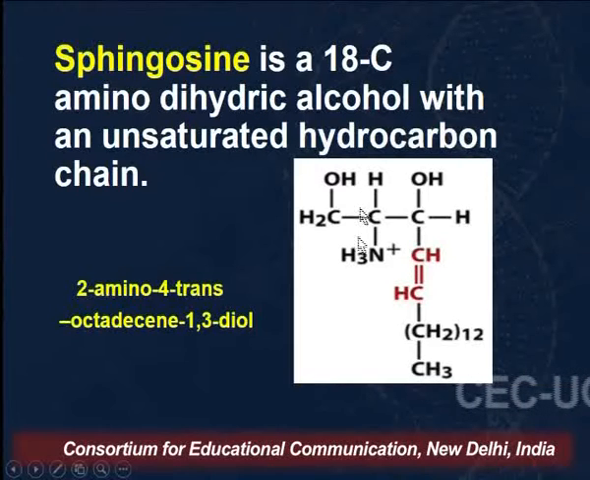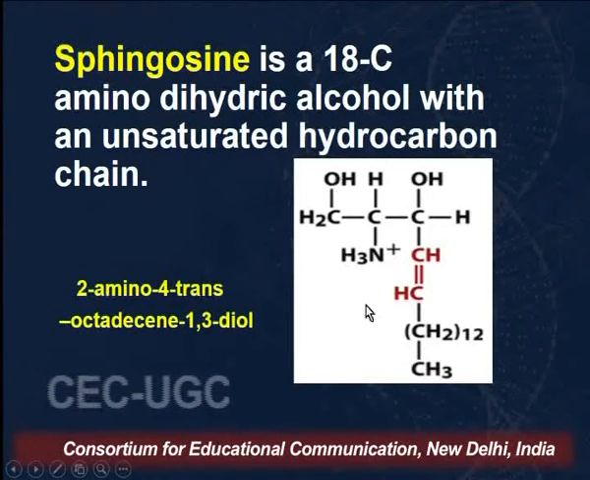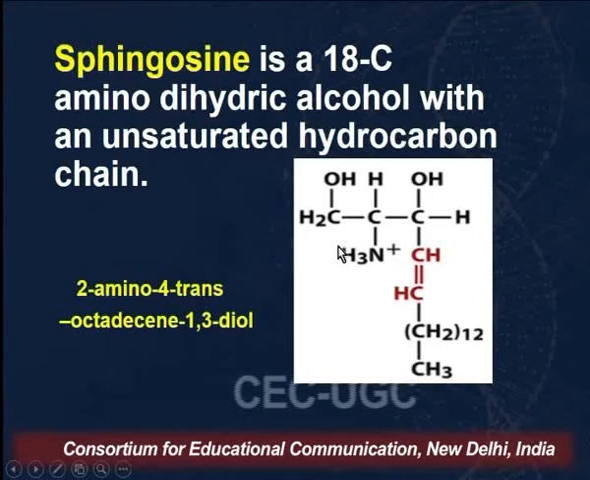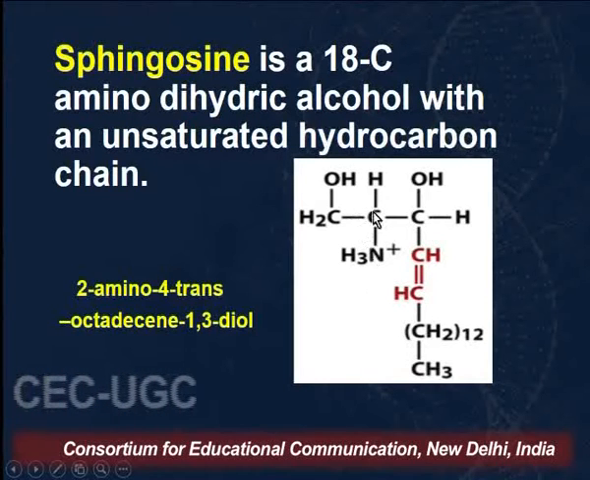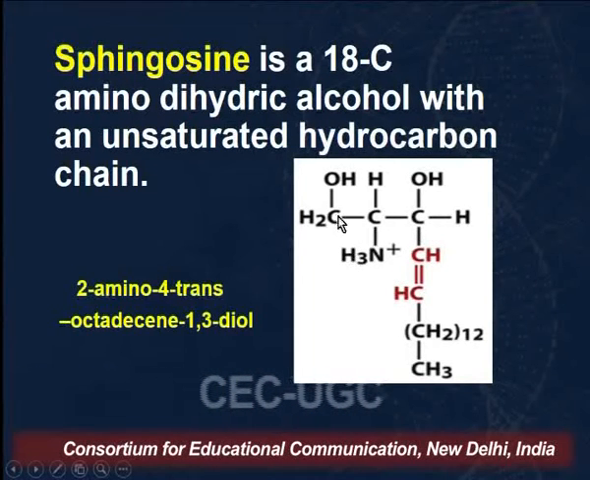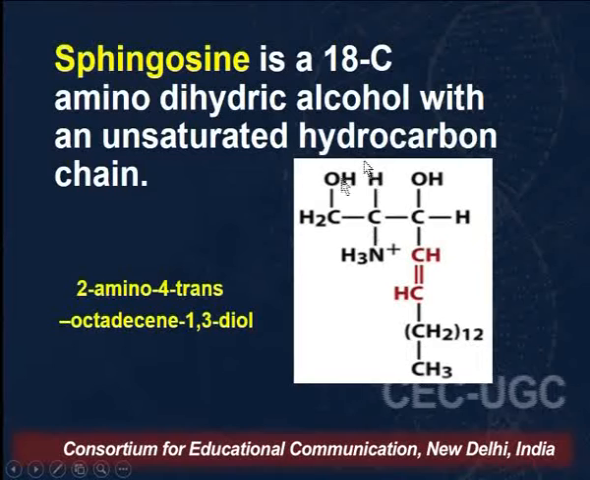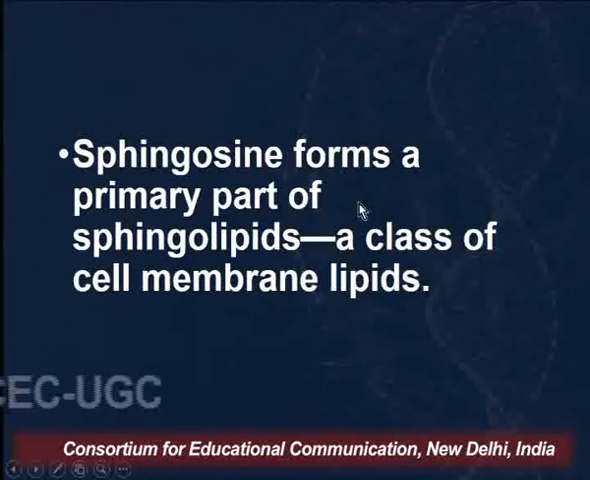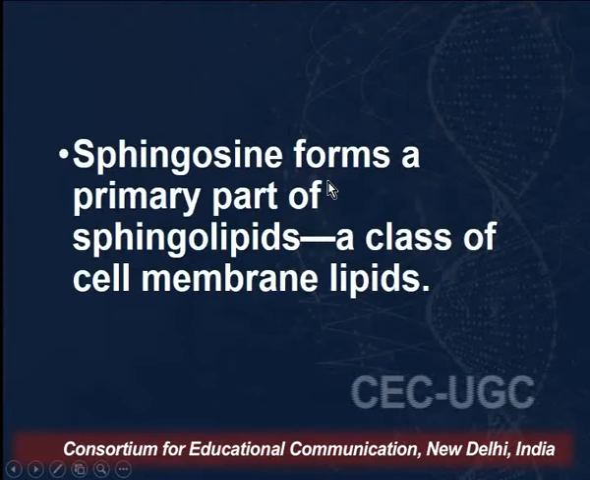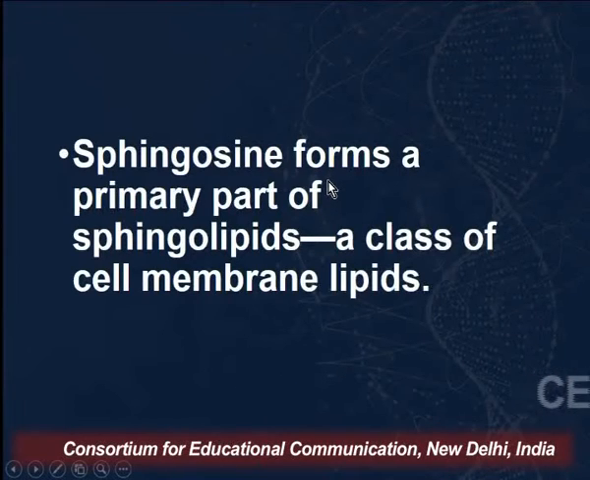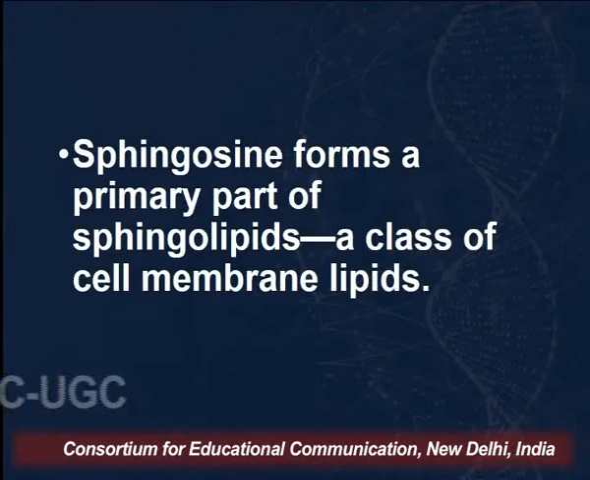carbon. So in this case, this OH group and this amino group are biologically important, and these are the groups which will take part in the reactions resulting in ceramide or derived phospholipids. So now let us go on to the next form. So that means sphingosine will form the primary part of sphingolipids, and sphingolipids are a class of cell membrane